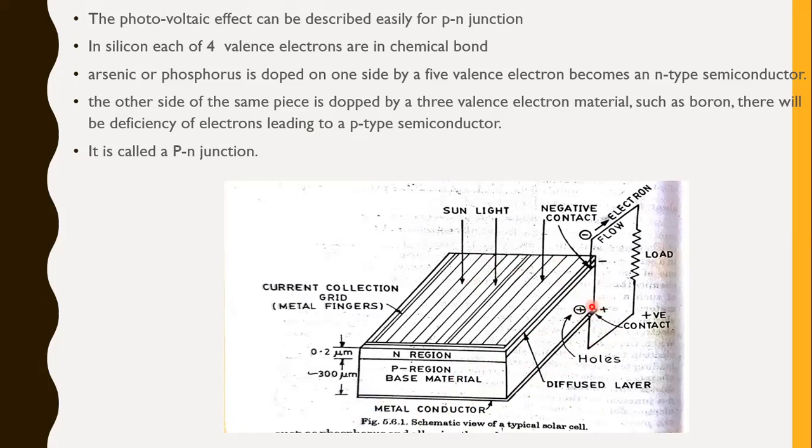The collection of charges from the front of the cell is done by a fine grid of narrow metallic fingers. The surface coverage of the conducting collectors is typically about 5% to allow as much light as possible at the junction areas. Anti-reflective coating is applied on the top of the cell.